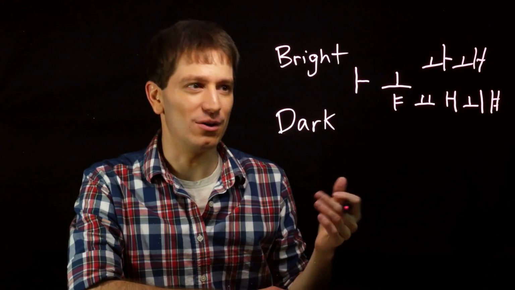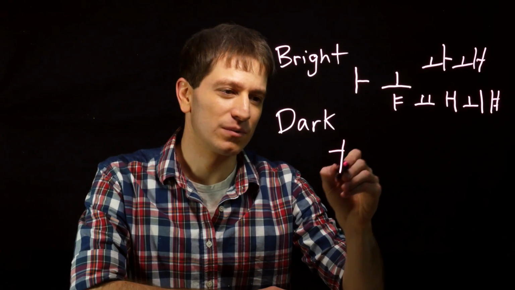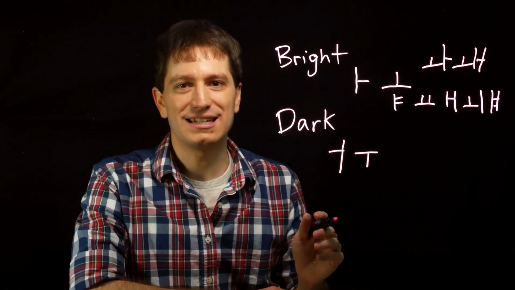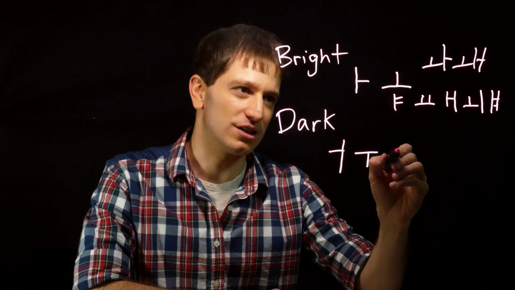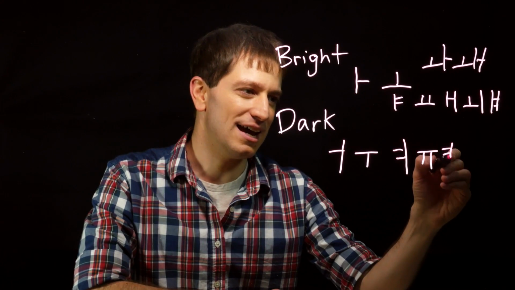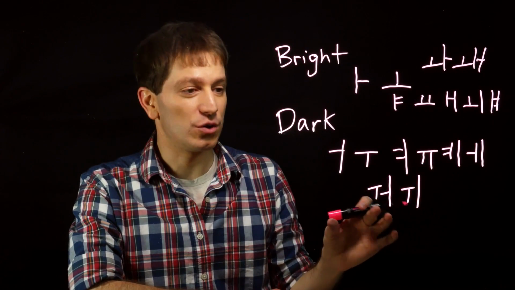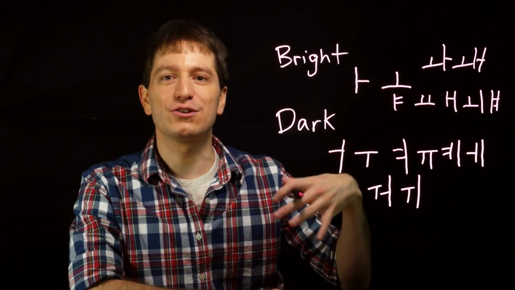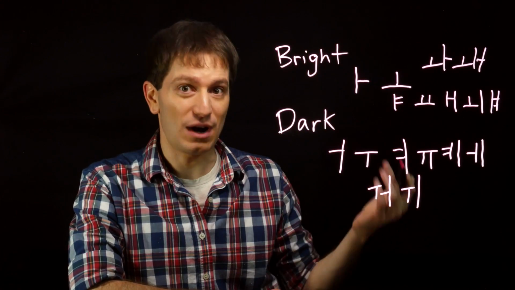So any vowel that contains a or o in it in any form is considered to be a bright vowel. On the opposite side, anything that has eo or u in it is considered to be a dark vowel in Korean. So that of course includes yeo, ye, e, wo, and we. If you see any word in Korean that has one of these vowels, it's considered to be a dark syllable or dark sound, and same goes for bright sounds.